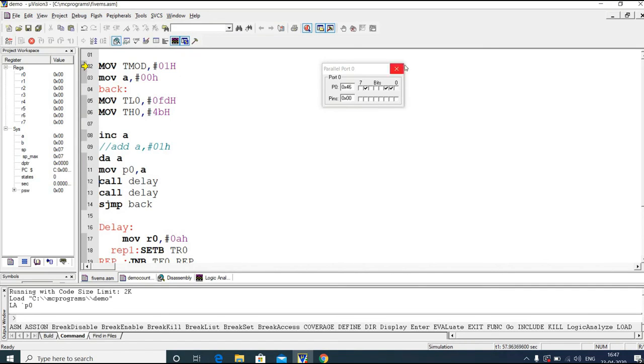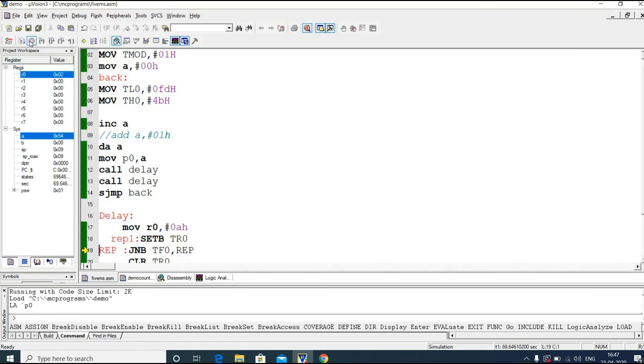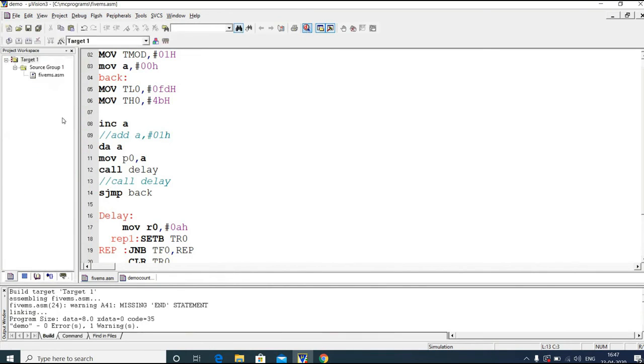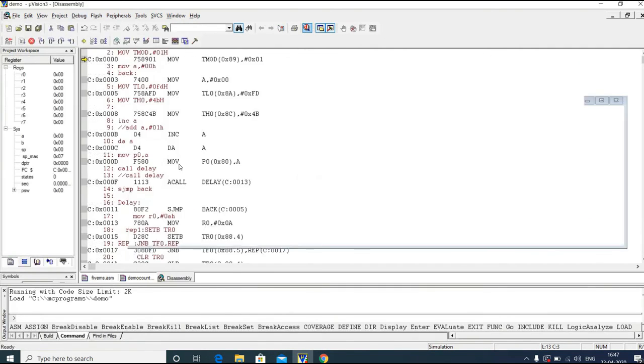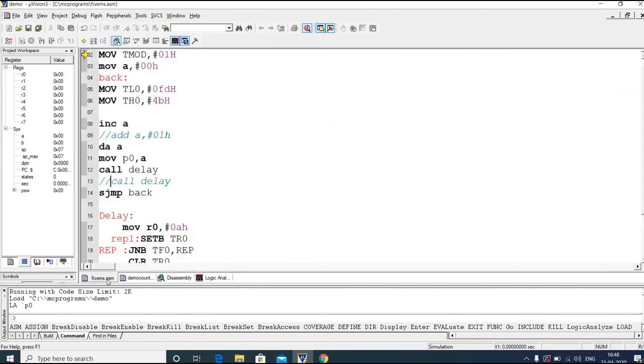Okay, so we'll do one thing, just to get the output very fast. I will use only the 0.5 second delay. Okay, now we can see we are getting the values very fast.